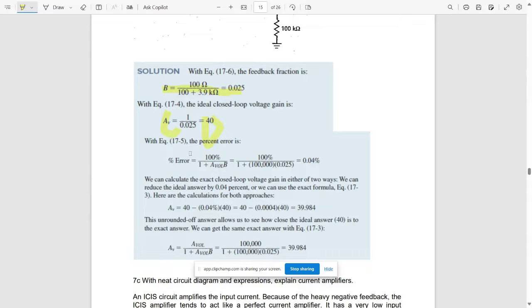Percentage error is given as 100% divided by 1 plus A open loop gain into beta, that is 100% divided by 1 plus 1 lakh into beta. We got beta as 0.025. We get it as 0.04 percentage. Okay,